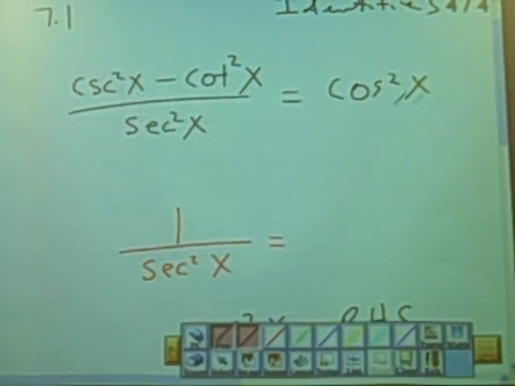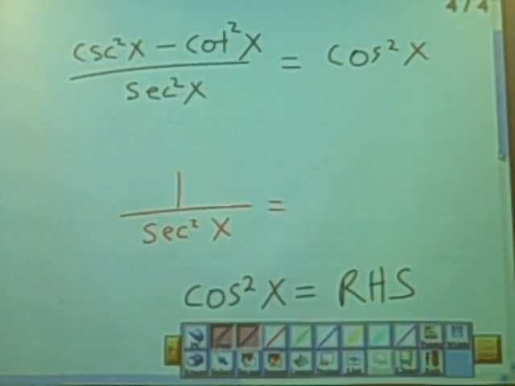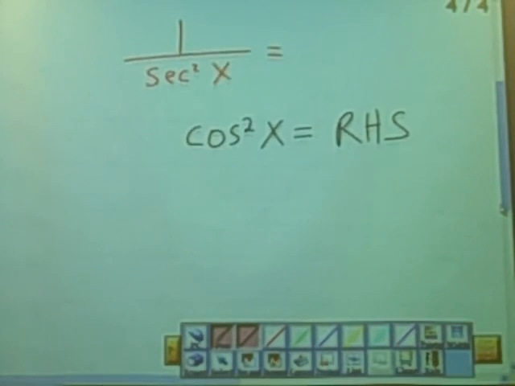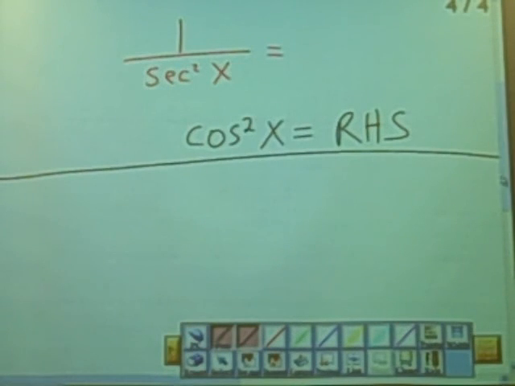So we didn't have to break this down in terms of sine and cosine. But if you get stuck, you could do that. It would be longer to put all this in terms of sine and cosine and then work it from there. But if you could try to avoid that, sometimes it's a lot easier to just work with the